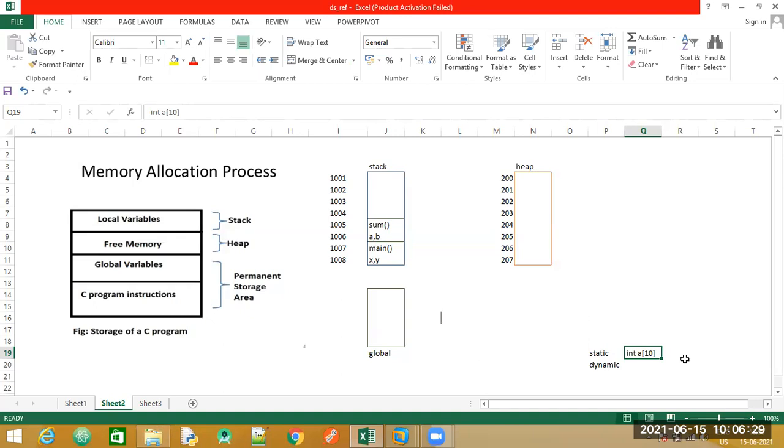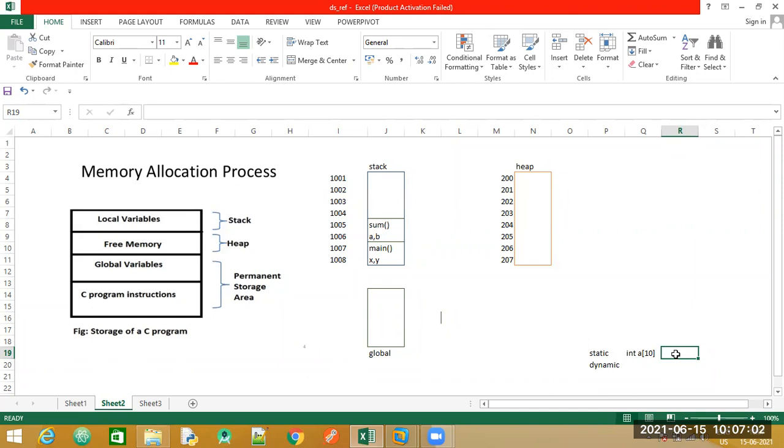I've declared the size of the array to be 10, but I want to store 20 elements. I cannot have access to more memory. Only this many blocks are allocated, not more and not less. So two possibilities happen with static memory allocation: either the storage space is wasted, or we fall short of storage space.